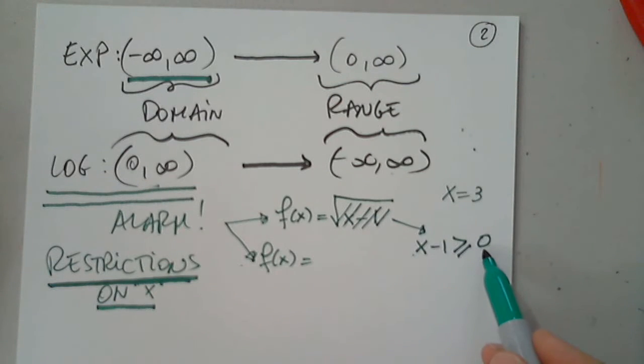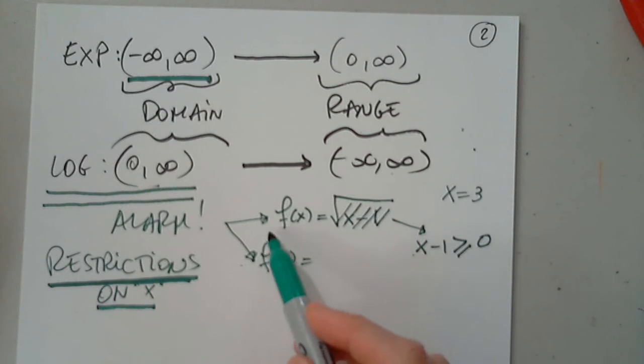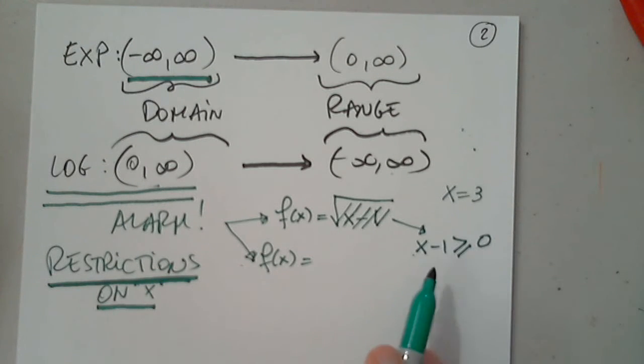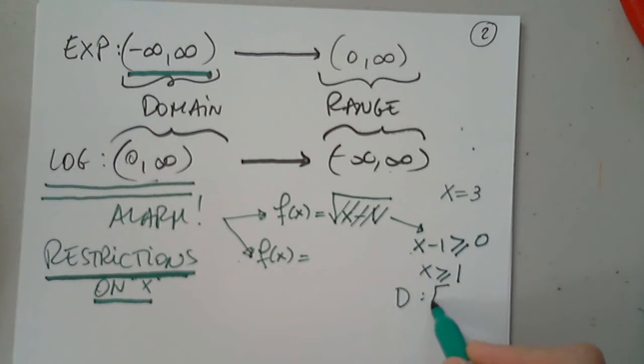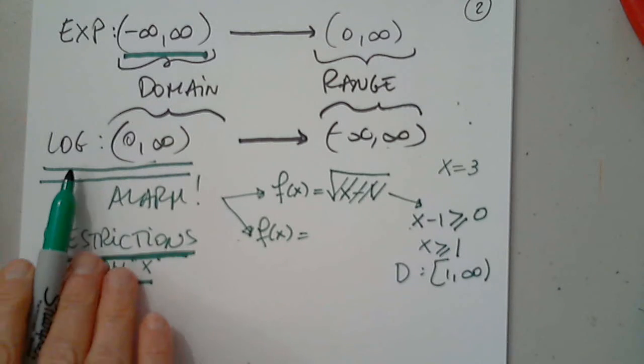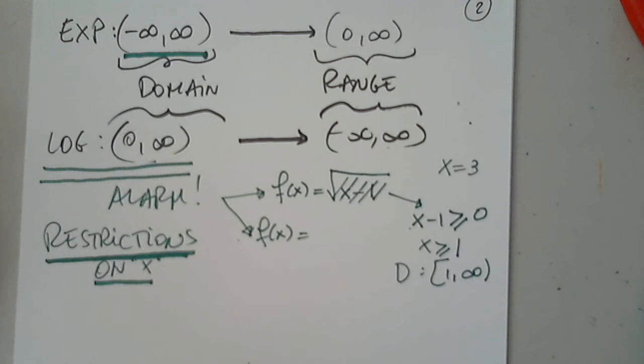is not greater than or equal to 0, this function is not real. So restrictions. So the domain will be given by this, right? Domain for this function is 1 to infinity. Can anyone think of another function? Because this function will join this group. If you want, it's an elite group, but